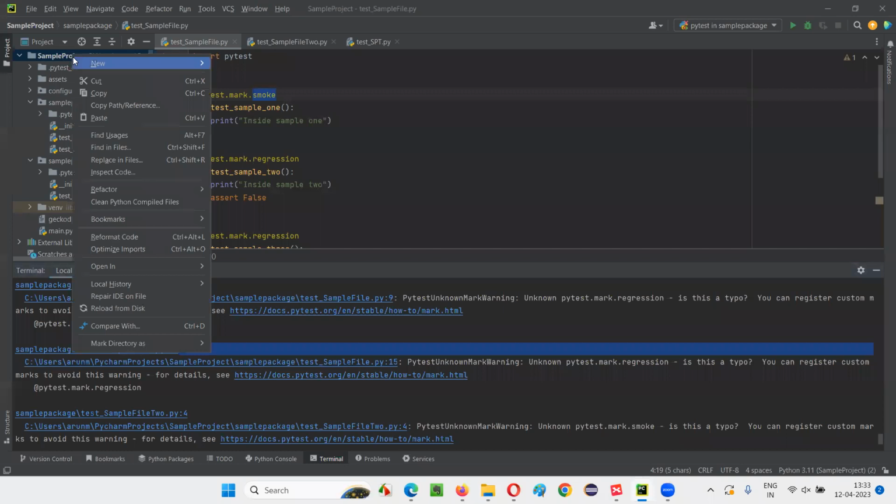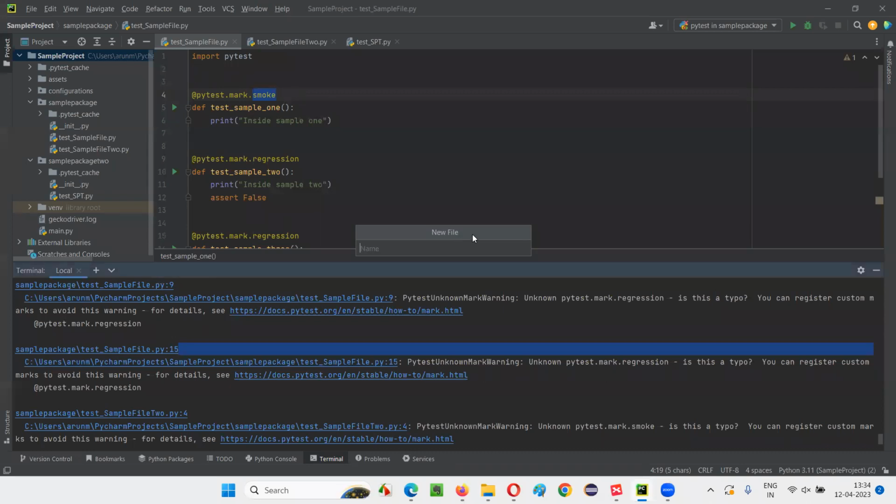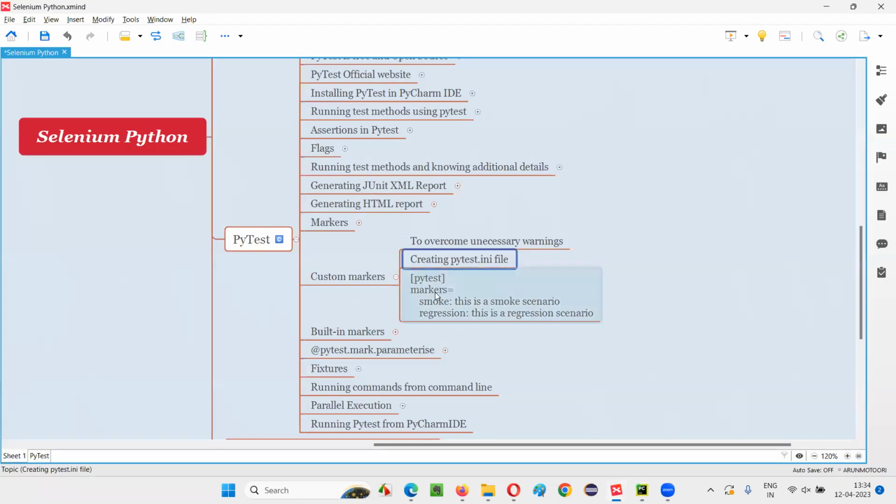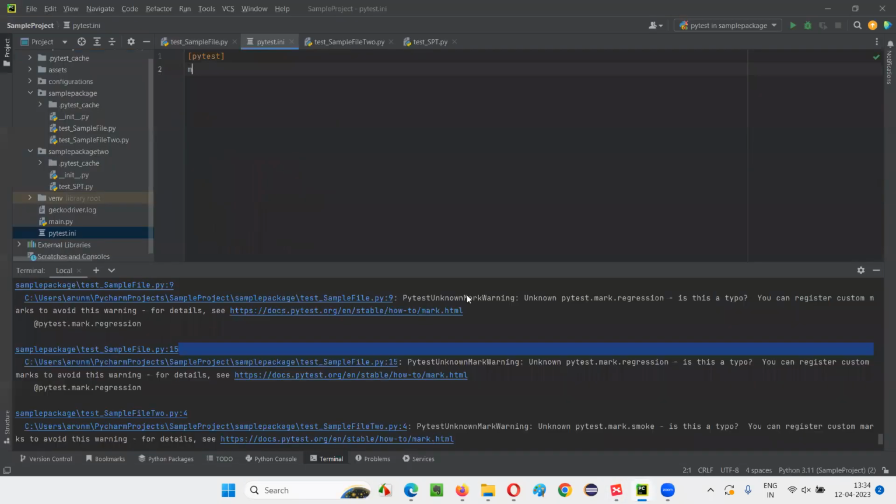For that, the process is we simply create a pytest.ini file under the project. So right-click on this project. Before creating this pytest.ini file and running the test, we got these warnings. After creating the file, pytest.ini, it will look like this. Here you create square brackets and write pytest. Under this, you write markers equal to